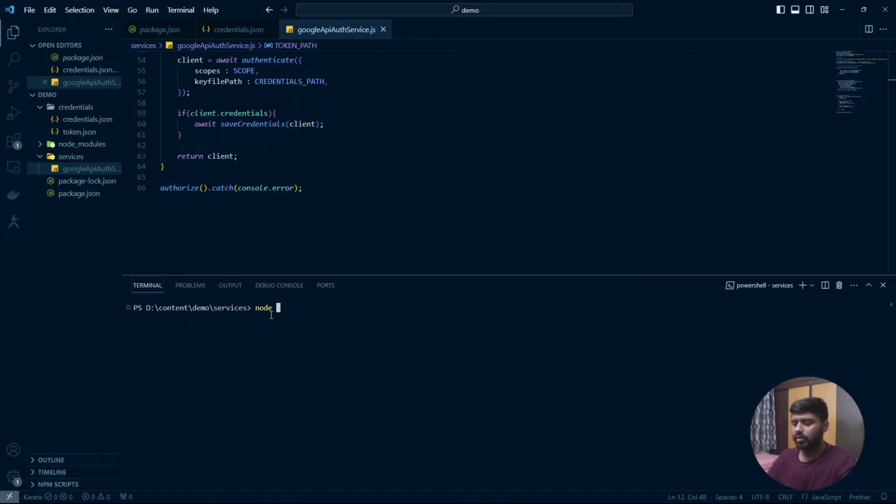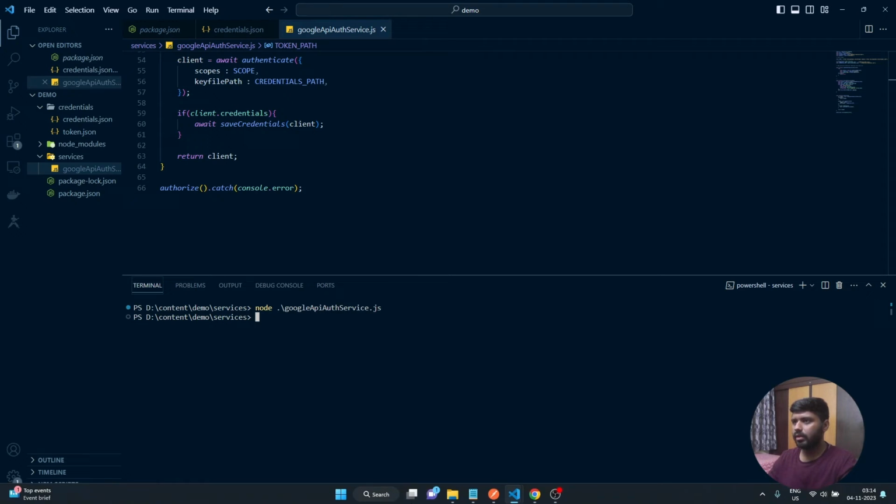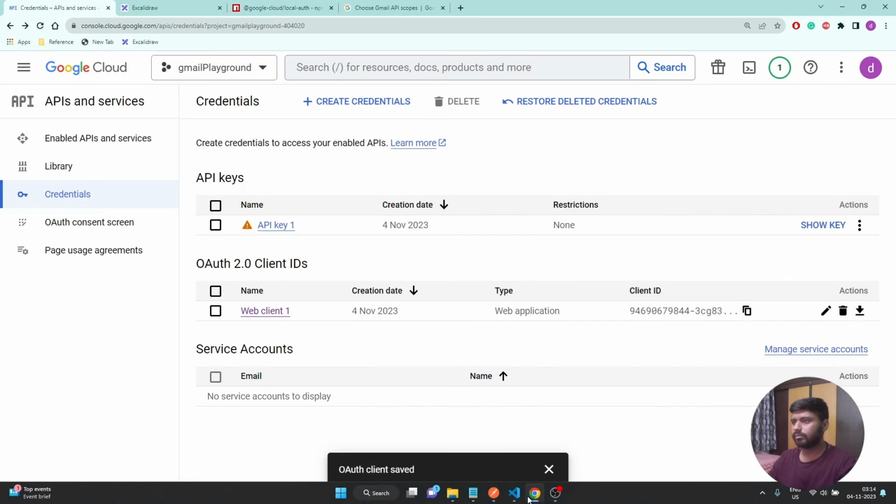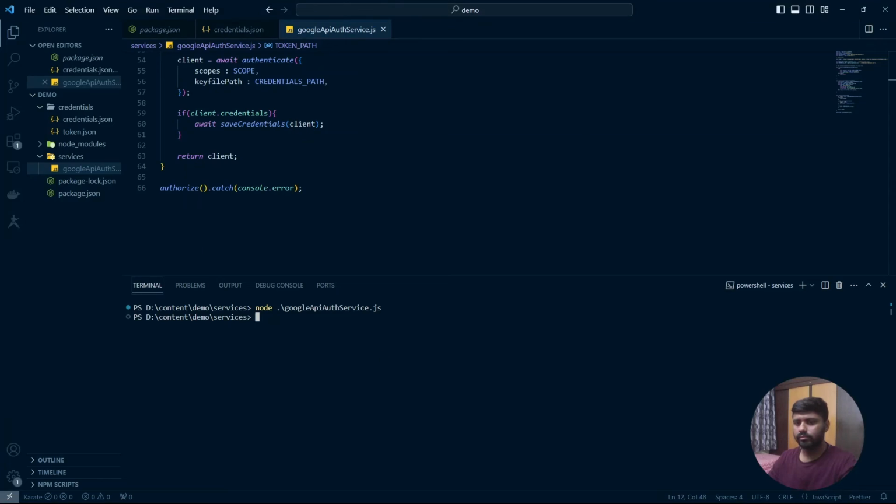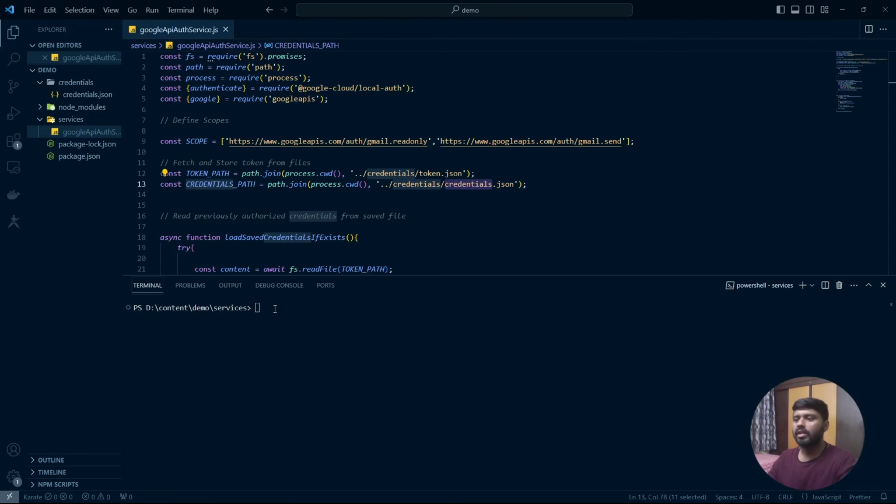We can write node google service.js and press enter. Okay, so let's try to execute this program and see. So we can execute node and then auth service.js, and once we press enter,